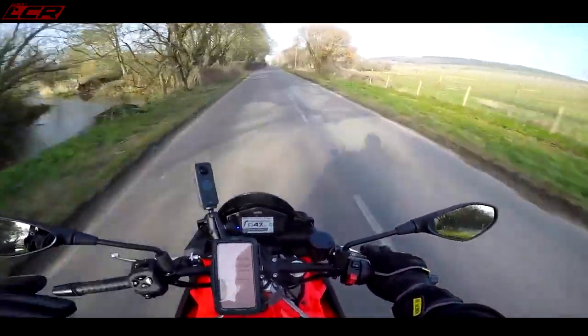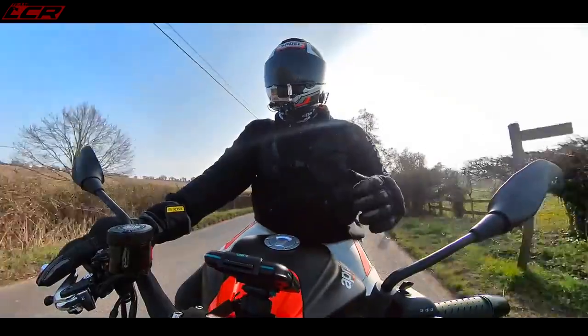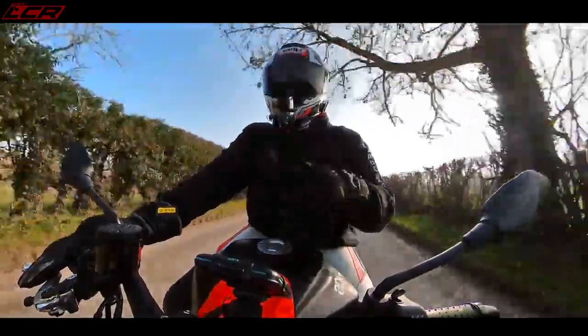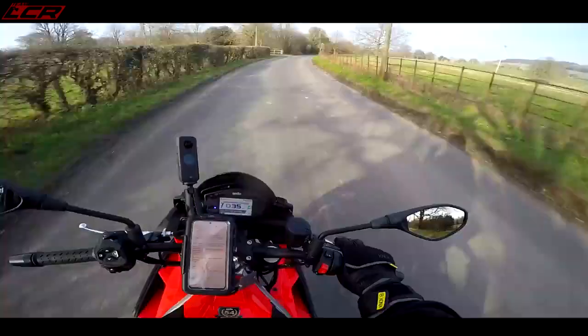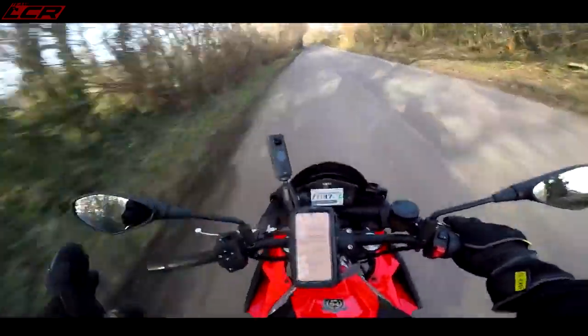One thing you notice straight away between these bikes, obviously the chassis is the same, the engine's identical, the swinging arm's the same. They are more or less identical, apart from some very subtle changes. The main difference on the Tuono is the front wheel is closer to the radiator. It's got a shorter rake, which makes the bike feel a lot more nimble and a lot lighter